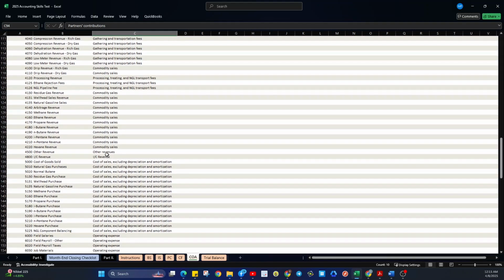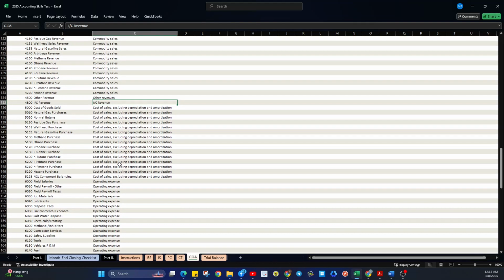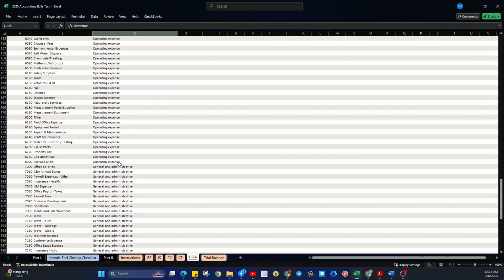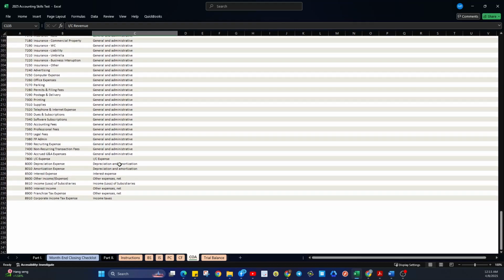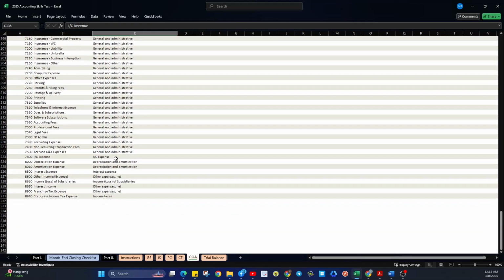Okay, we have here the intercompany revenue. Intercompany revenue, alright, this could be offset with intercompany expenses, so due from. We have here cost of sales, excluding depreciation and amortization, operating expenses, and general administrative expenses. The other income and expense is here. And then we have here the last, income taxes.